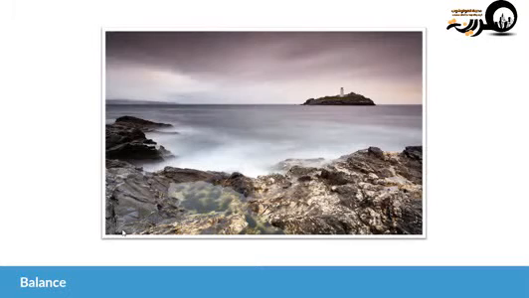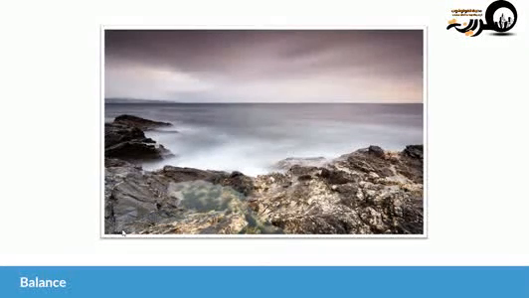And let's see how this image changes if we were to remove one of these compositional weights, if we were to remove the balance from the photograph. So, in this image, I've used Photoshop to remove the island. Vanished, okay, gone. The image might still seem like a nice, strong visual photograph, but if you begin to think about how your eye scans this, you'll probably find that your eye is making its way back to those dark